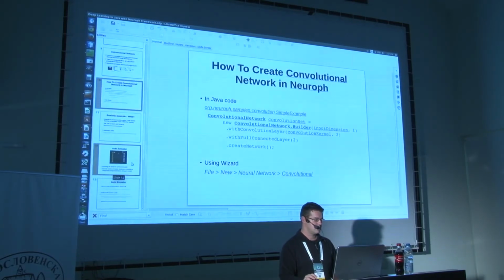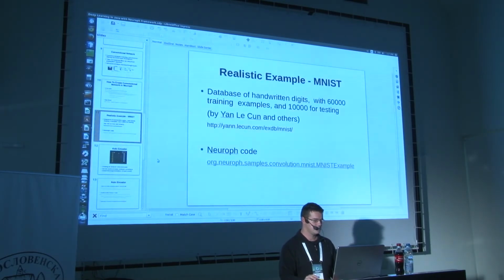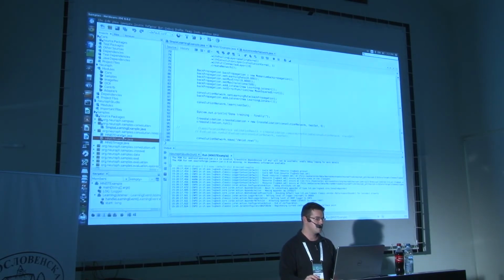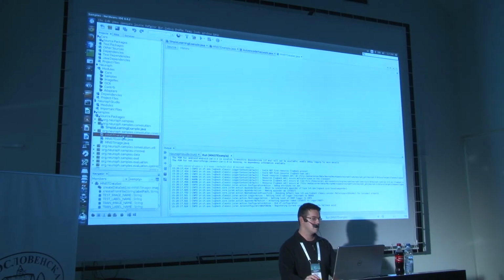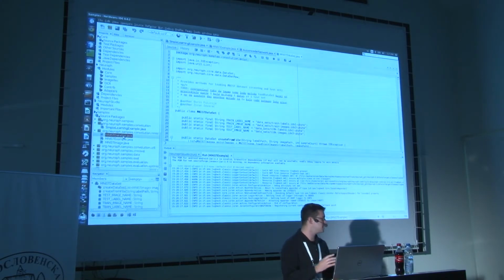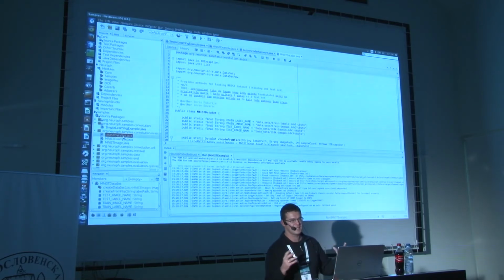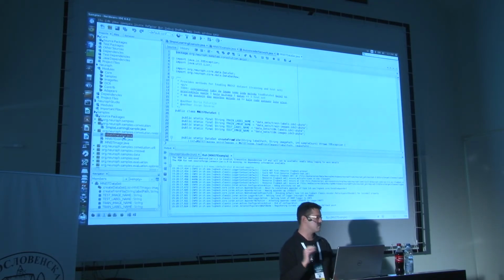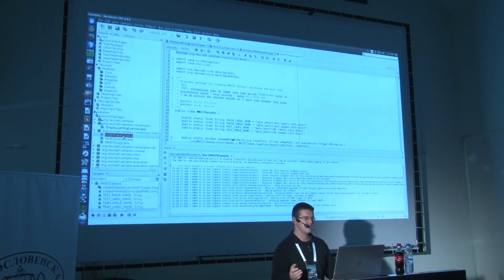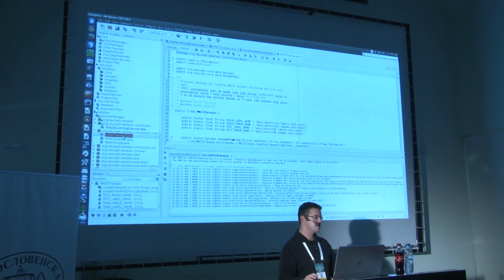Okay, so also in this package you have this dataset loader, because the format of the original dataset is a bit tricky. You have to figure out it's in raw bytes, and you have specification on this link I provided, but you have a class in Neuroph that imports all the data in a format that is easy to use.